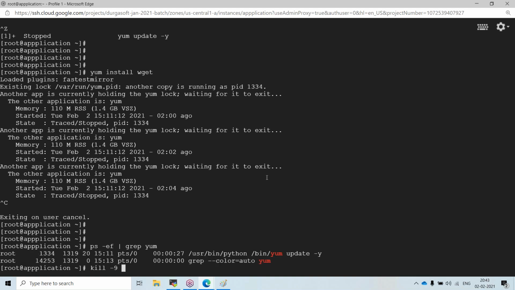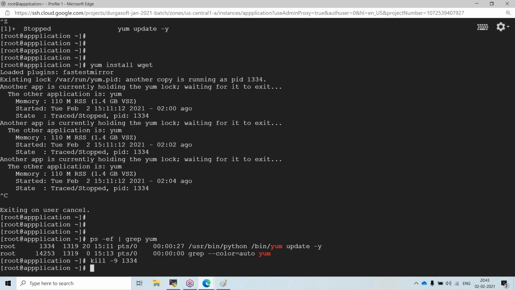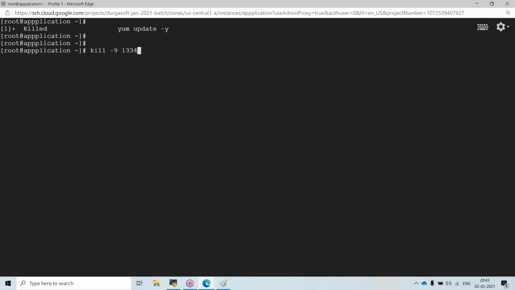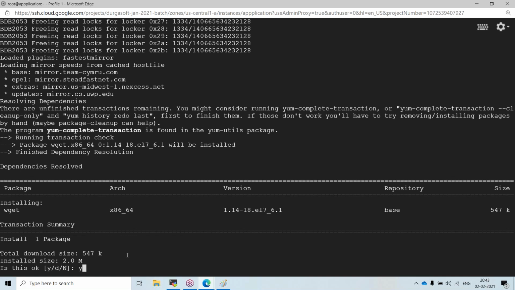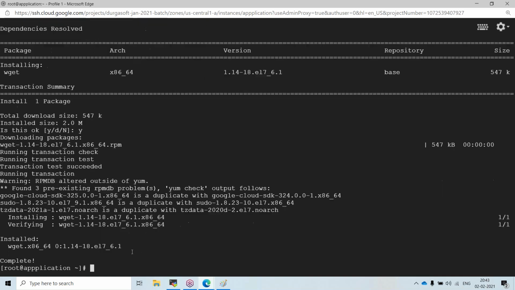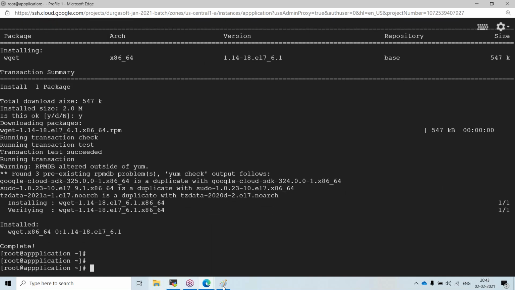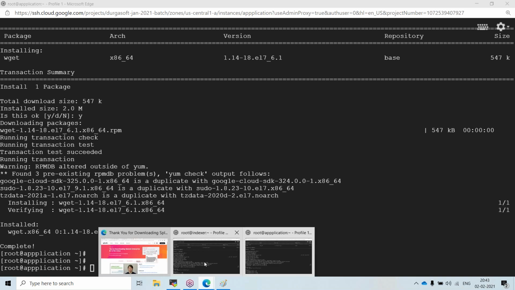Some process is running in the back end, so I have to close it. Yum install wget. Now I have installed wget in both my application server and the indexer.